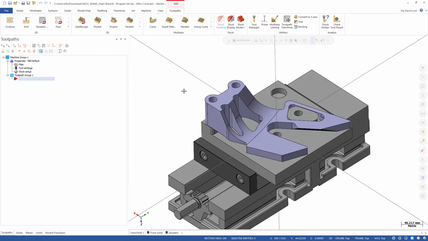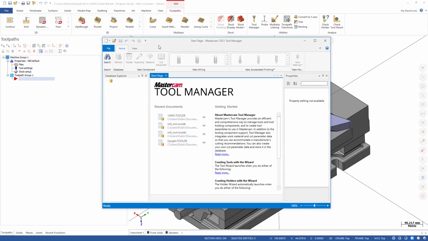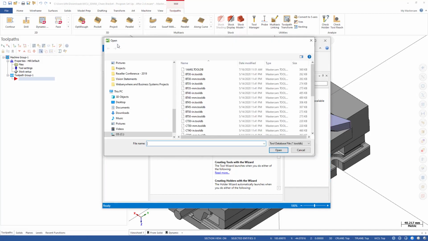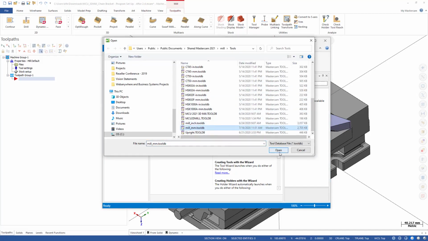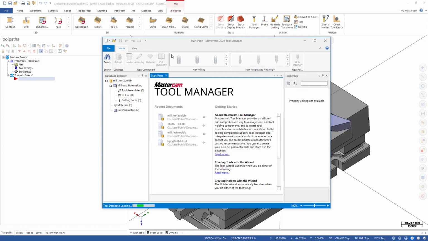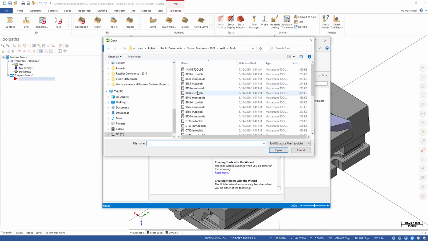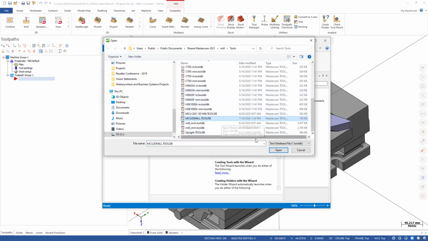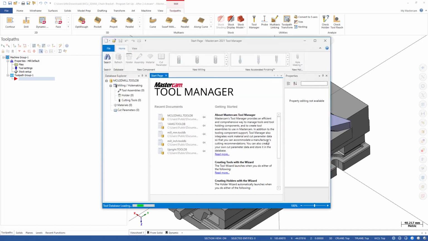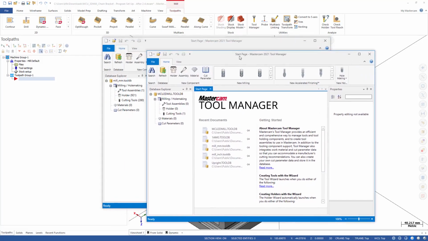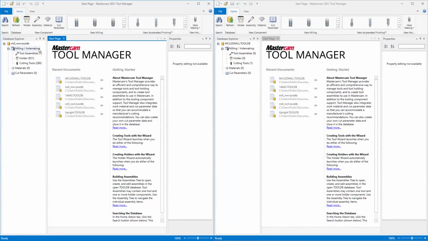Another way to create and edit tools is to use the Standalone Mastercam Tool Manager. I'll open it up using the Start menu, and then I'll open up the mil_mm tool database file. I'll open up another tool database file, in this case the one we just created, called MCU2D Mill. I'll arrange them side by side so the original library is on the left and my new library is on